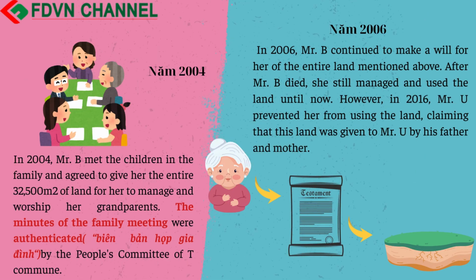In 2004, Mrs. B met the children in the family and agreed to give her the entire 32,500 square meters of land for her to manage and worship her grandparents. The minutes of the family meeting were authenticated by the People's Committee of T Commune. In 2006, Mrs. B continued to make a will for her of the entire land mentioned above. After Mrs. B died, she still managed and used the land until now. However, in 2016, Mr. U prevented her from using the land, claiming that this land was given to Mr. U by his father and mother. Therefore,